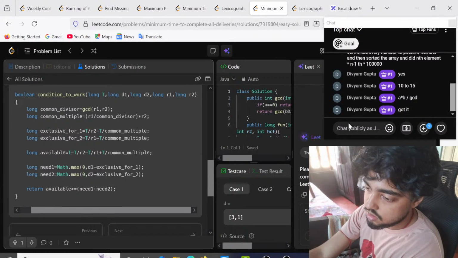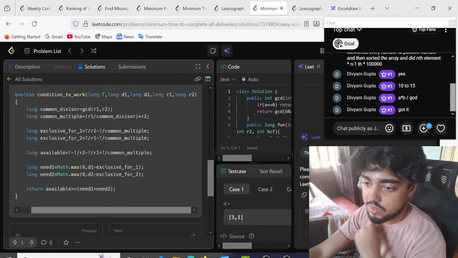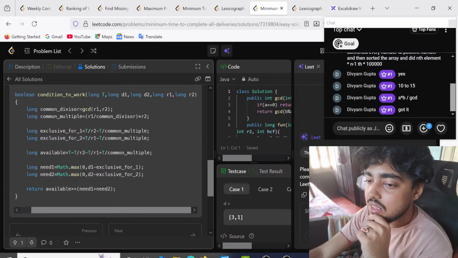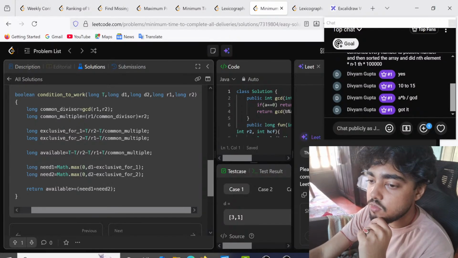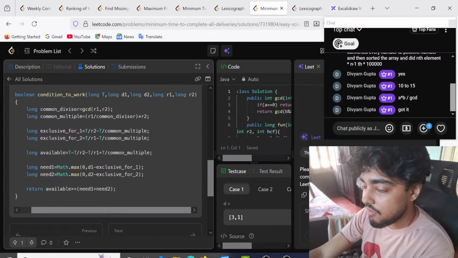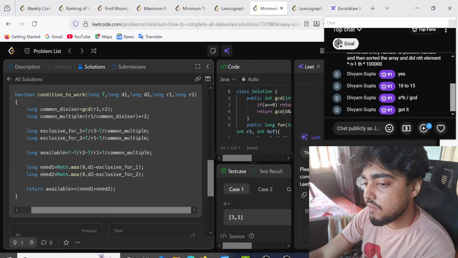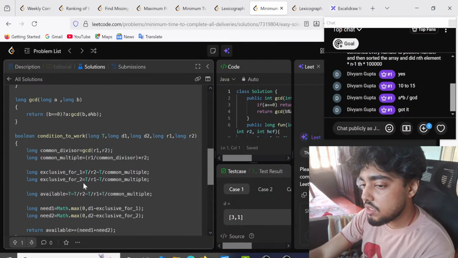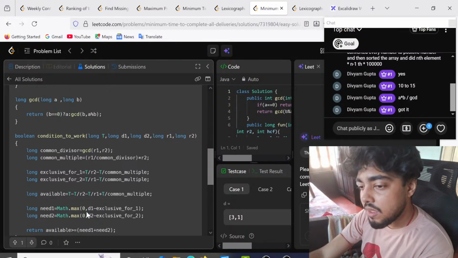So now see what is need one. That is the one needed for drone 1. Okay. That is D1 minus exclusive for 1, and this is D2 minus exclusive for 2. What does that mean? So you remember what we were doing? For exclusive for 1, we were setting it for 2. For exclusive for 2, we were setting it as 1. Which means that